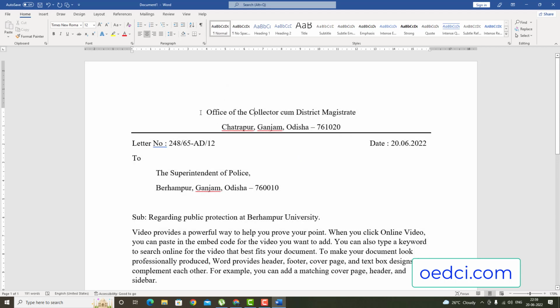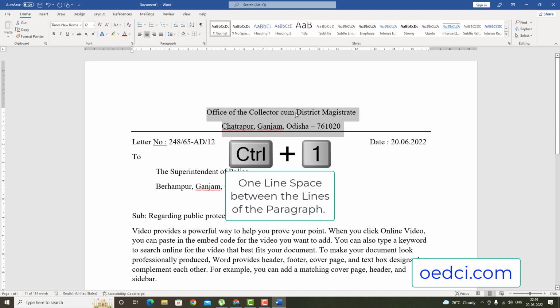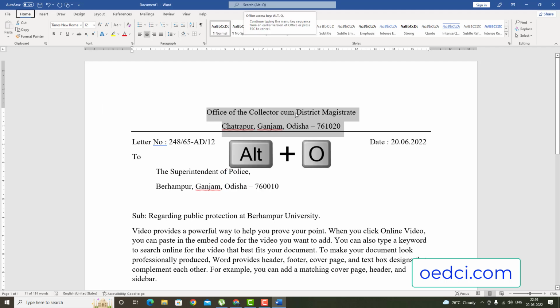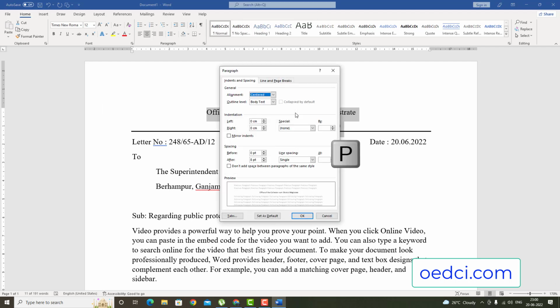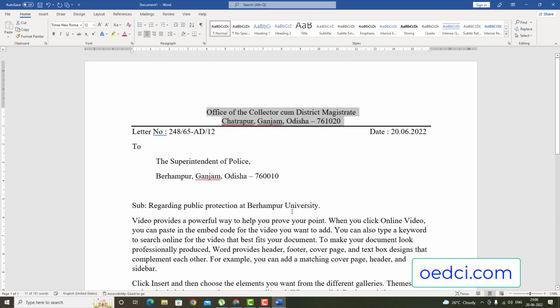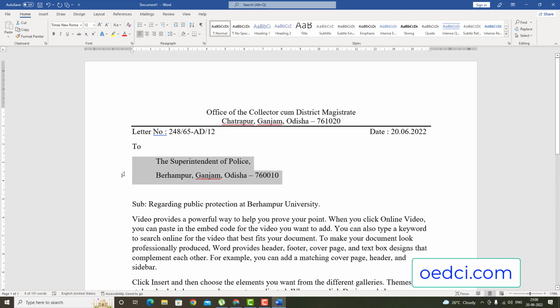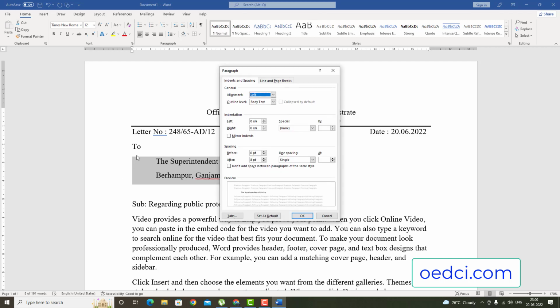Next, the line gap should be maintained. Press Ctrl 1, then Alt O P, then spacing after or before put 0. Okay, this also press Ctrl 1, Alt O P, then after 0. Okay,